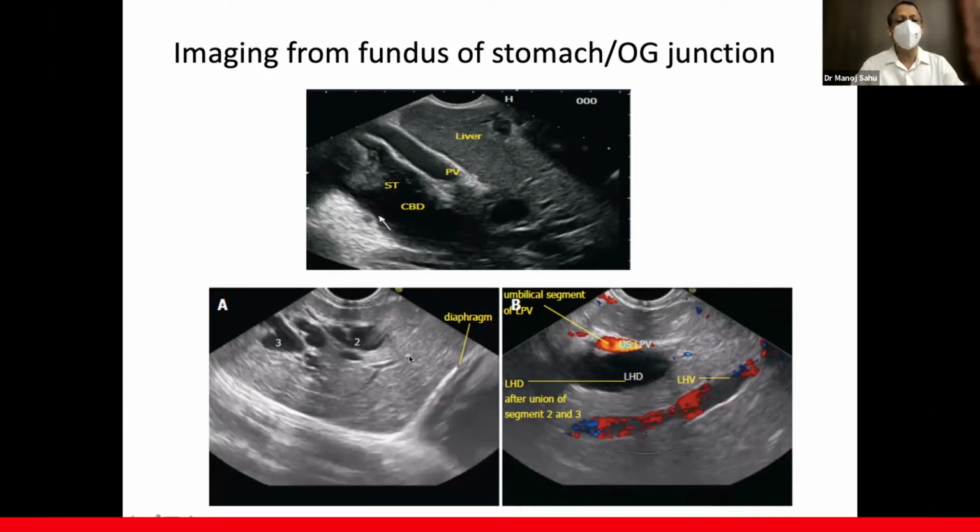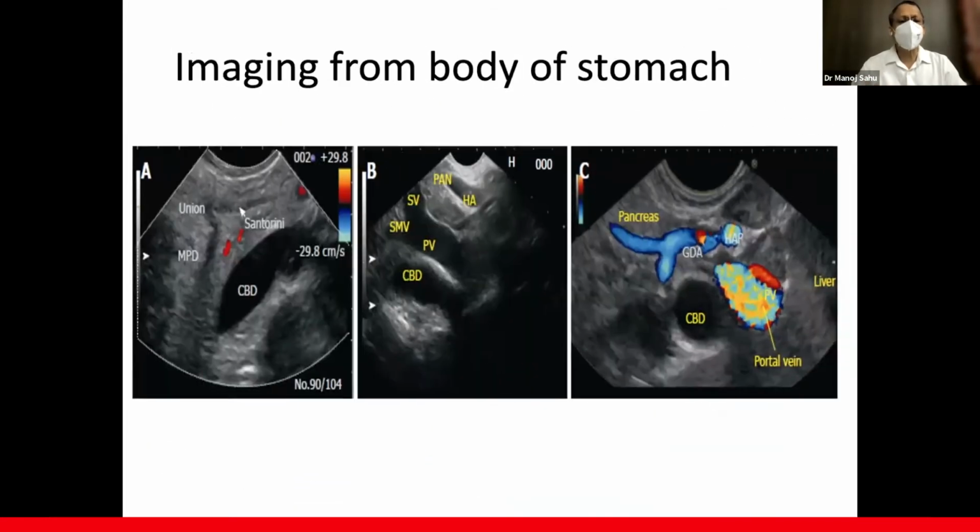Imaging of the intrahepatic ducts is required when you're planning therapeutic procedures like rendezvous, antegrade stenting, or hepaticogastrostomy. So I use the fluoro. With the help of the fluoro, I see that my scope is below the diaphragm. If required, I use the endoscopic view to see that I'm in the stomach, not at the esophagus. I usually avoid puncturing the esophageal wall, and also see that the direction of the needle is towards the papilla. Imaging from the body of the stomach.